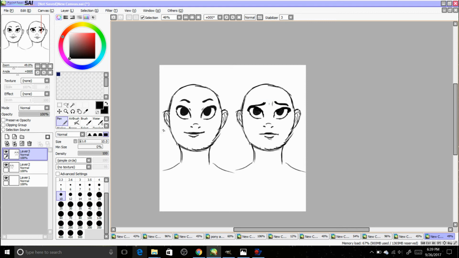So then here's what I'm going to do now. I'm going to make this person angry. But I'm not going to copy and paste this character this time. I'm going to make them angry based off of this. I'm going to make them really angry. So narrow the eyes even more, because they're really mad. You can already tell that this character's being angry just by me narrowing their eyes. At this point, it looks really weird. Mostly because I've